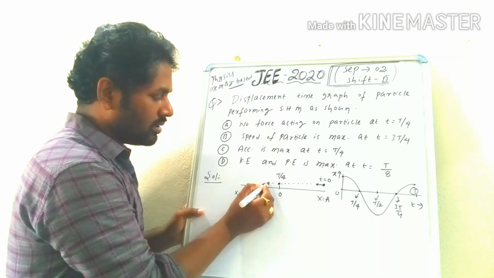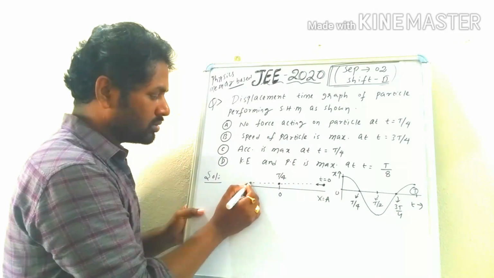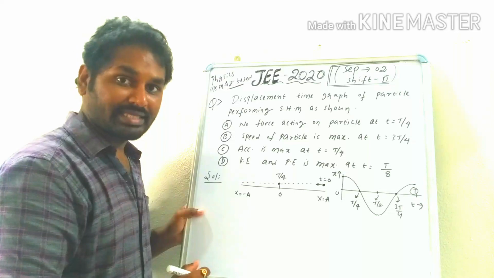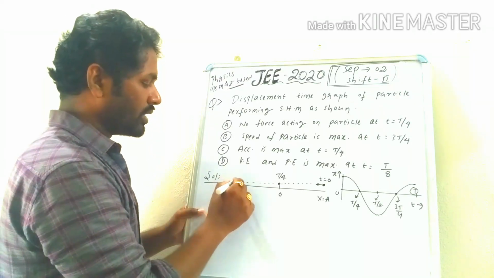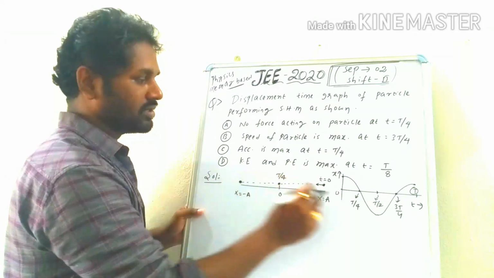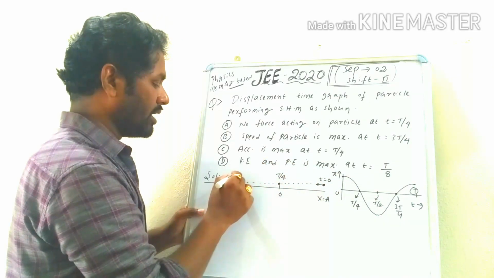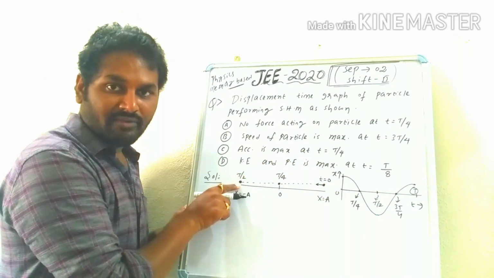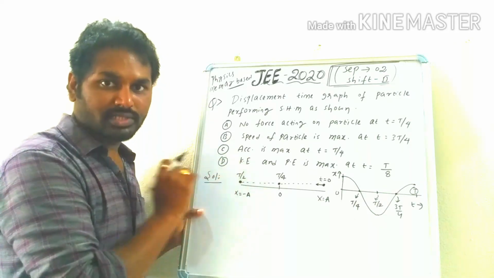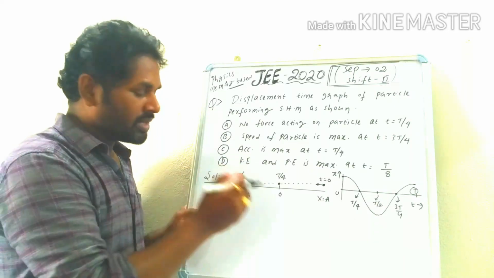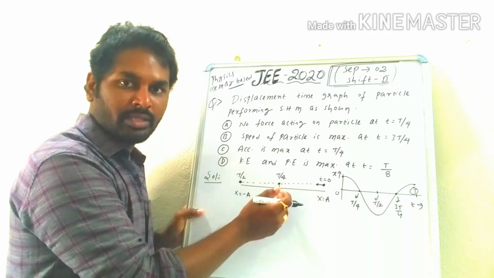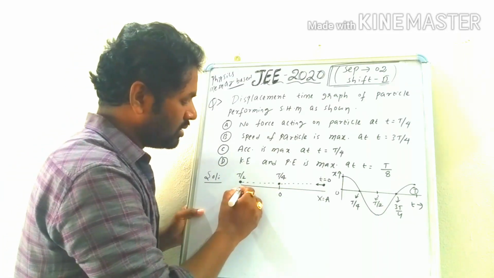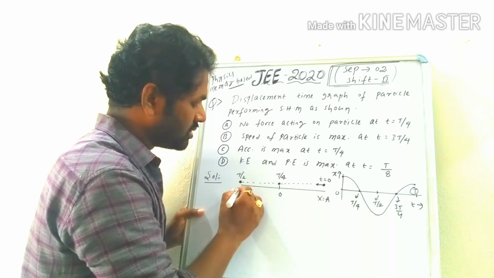After that, it will continue to move towards the left extreme position. You can take here, the time is how much? T by 2. So once the particle reaches left extreme, where the velocity becomes 0, but still the force is acting towards the mean position, with that the particle will reverse its direction in this manner.